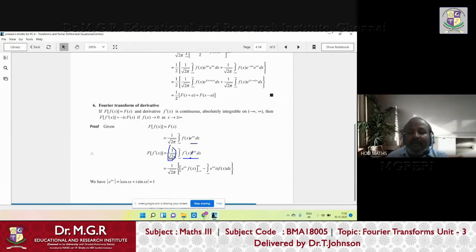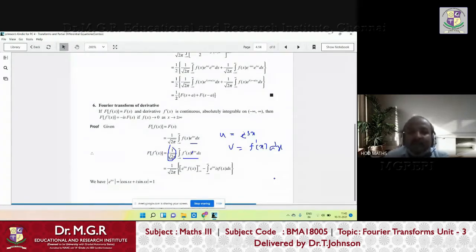So now we have f dash of x and e power isx dx. Now what you have to do? You have to take, very carefully, u equals e power isx, and v equals, just your uv formula, f dash of x. You may ask, why sir, do we take this as u and this as v? Because what we need is f of x, but what is there in the integral is f dash of x. So if you want to transform f dash of x into f of x, what you have to do? We have to integrate it. Because if we take u equals f dash of x, then u dash becomes f double dash of x.